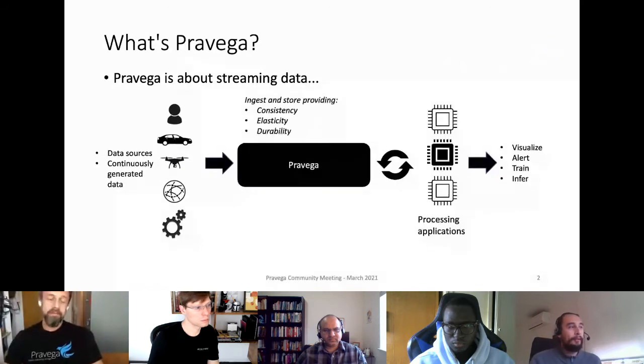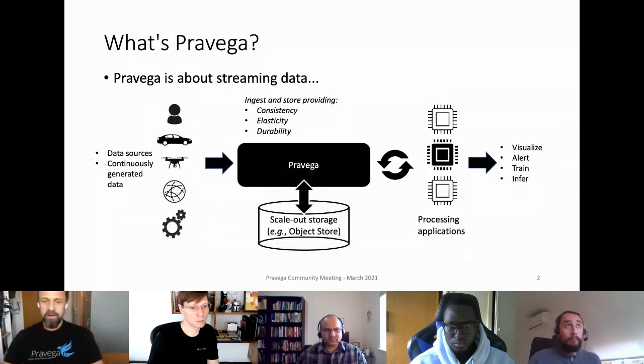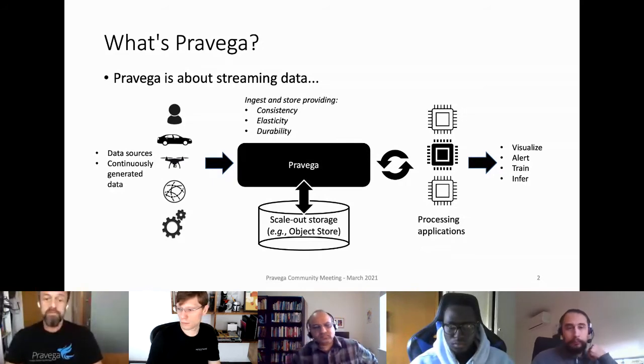store data coming from all these sources of continuously generated data, and provide a few key properties: consistency, elasticity, and durability. Now, one of the key things that we wanted to do in Pravega was to be able to use scale-out storage, the main example being object store, because it's prevalent, you find it all over the place. It's popular, it's cheap, and so it's very convenient for applications to be able to use an object store as the underlying storage for anything. And for streams wouldn't be an